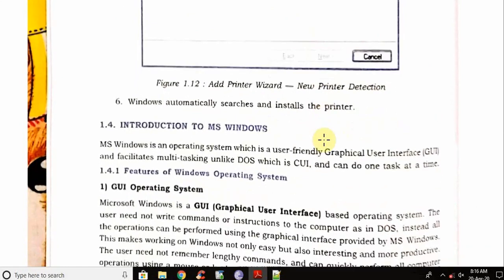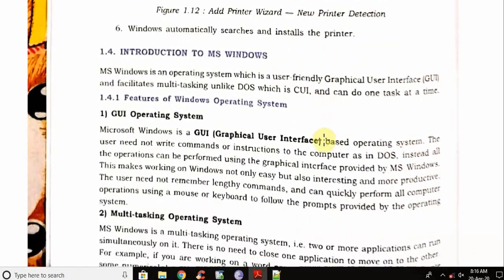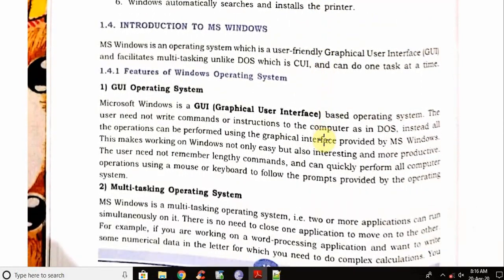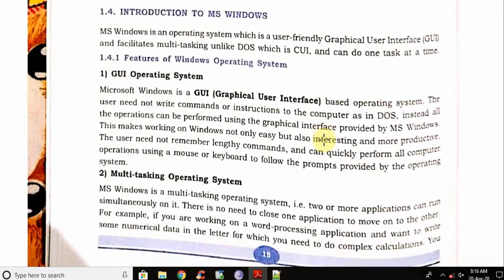So students, please try to get the points and try to experiment with courses. We will again come back with next session and we will start this point, introduction to MS Windows, that is introduction to Microsoft Windows. So till then, please revise the syllabus